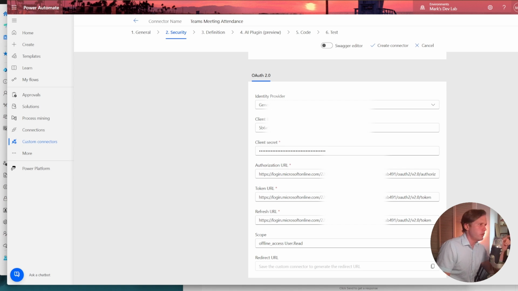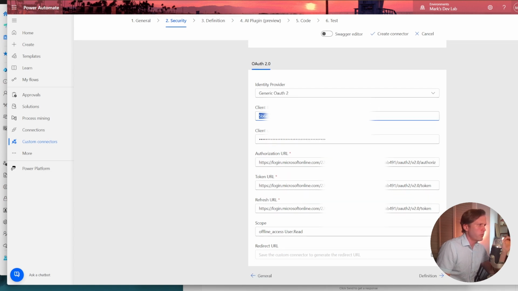Another thing I'll note, the client ID, I believe you can type in a reference to an environment variable here in the custom connector setup. So that might be something you want to consider doing so that your client ID isn't exposed right here. Okay, and at this point, we're going to go ahead and click Create Connector so that we can get our